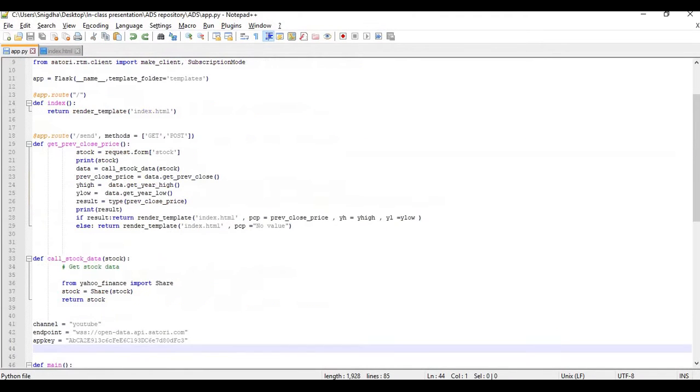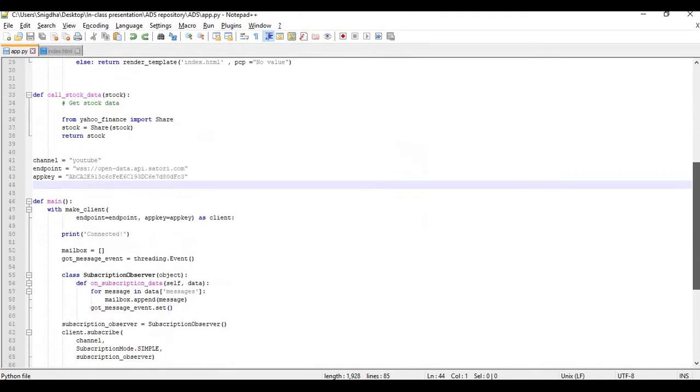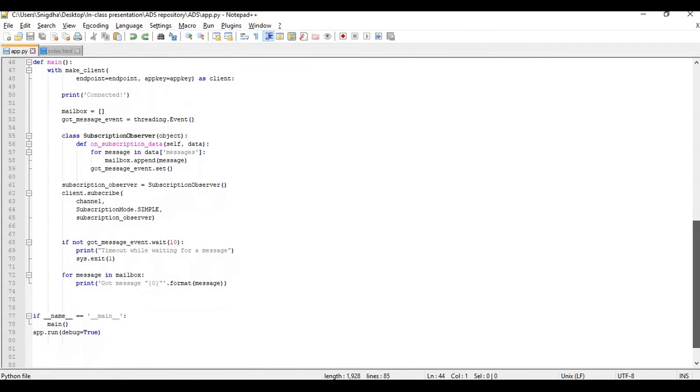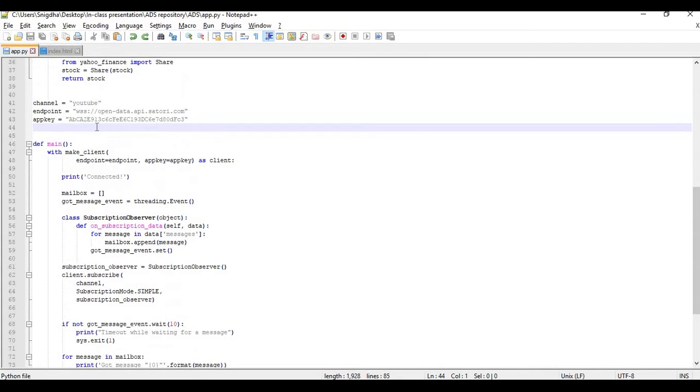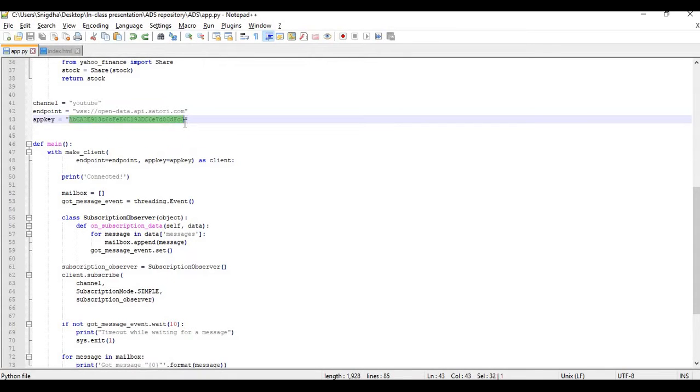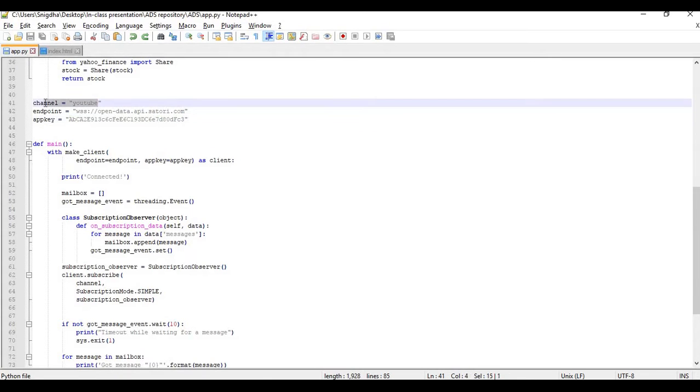So this is my app.py file. This is the endpoint. This is the app key. As you can see here, the endpoint is api.satori.com and the app key is this. This is the free app key for 7 days and this is the channel, YouTube.